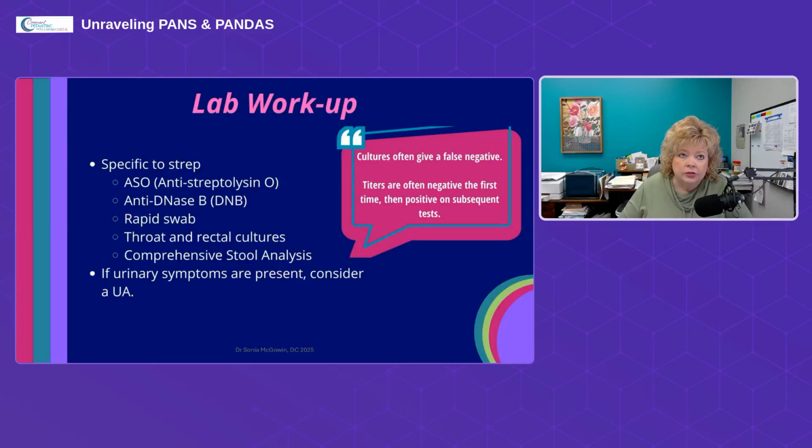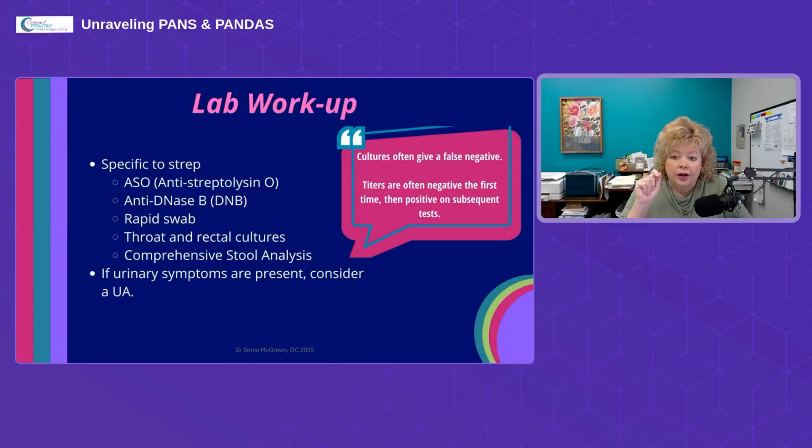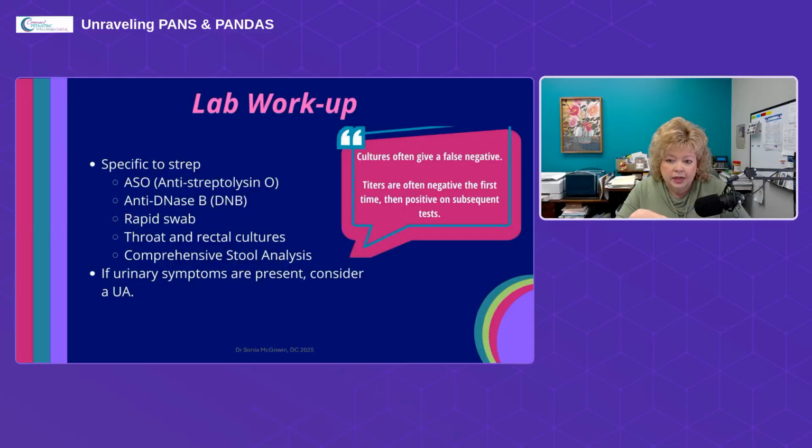Sometimes what we'll also see too is we run the strep antibodies and they're normal. We do some intervention with maybe cholesterol or maybe nutrient deficiencies, mitochondrial dysfunction. We come back and test strep again, and then it'll be positive. So it seems that a lot of times these kids are almost too sick to show how sick they are on labs. Sounds counterintuitive, but we see it over and over.